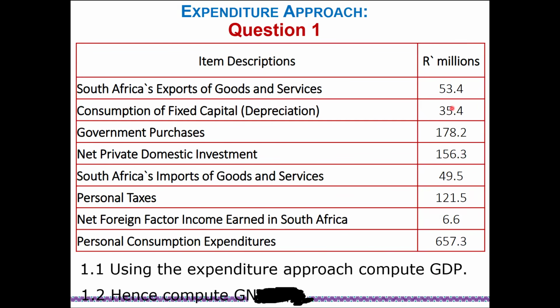So we're going to add here, and as I said, it's personal consumption expenditure, which is 657.3, plus 35.4, which is consumption of fixed capital. Then we're also going to add net private domestic investment, which is part of investment as well. And then it's C plus I plus G, government. We're also going to add government purchases, which is 178.2. And then we're going to add your exports. So you open your brackets, you add your exports, 53.4, minus